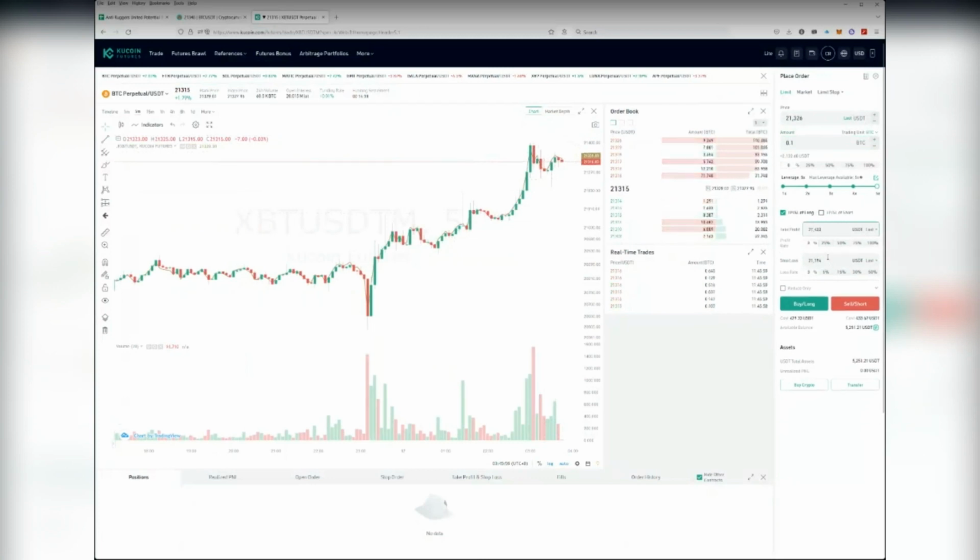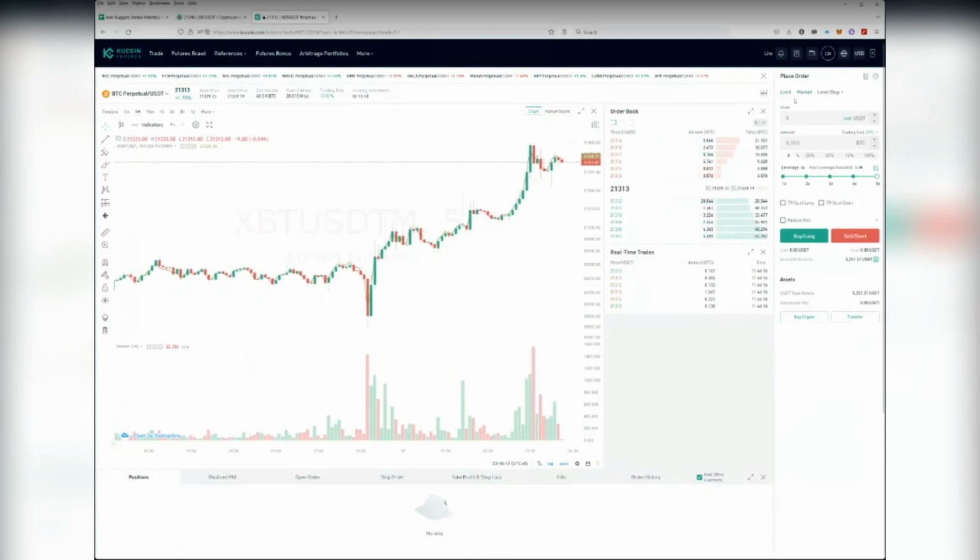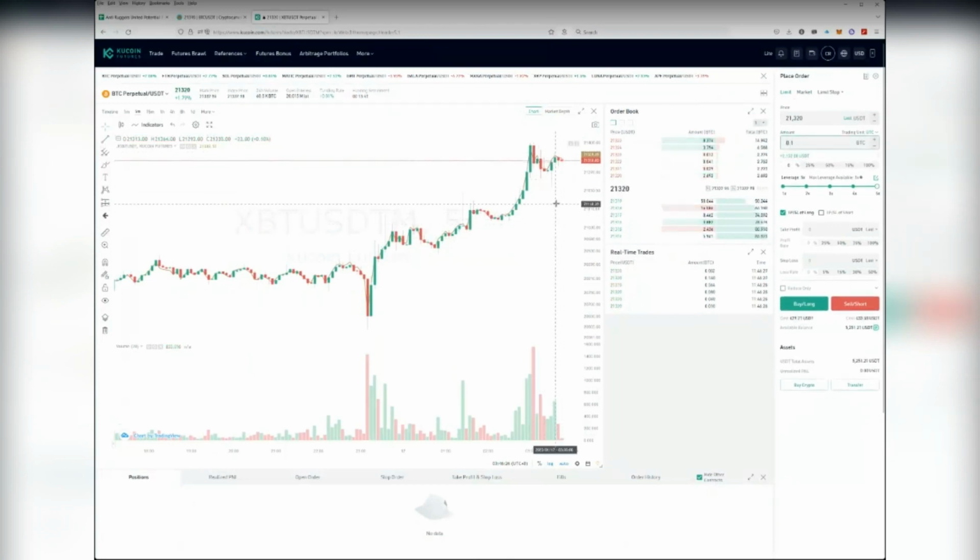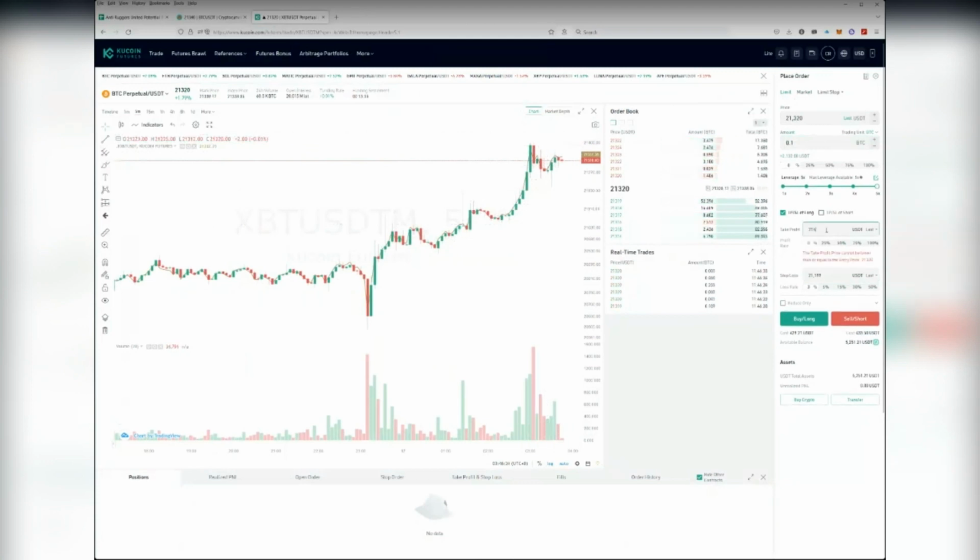stop loss. And if you want to just buy it right now, you can just pick a price that's higher than current price, and it's going to fill it for you. So pick that. Oh crap! It resets my stop loss stuff. So you could do market, or you could just do limit. Pick a price that's higher. Put your stop loss in. 0.1 BNB. Let's do 21,199. Take profit 21,435.